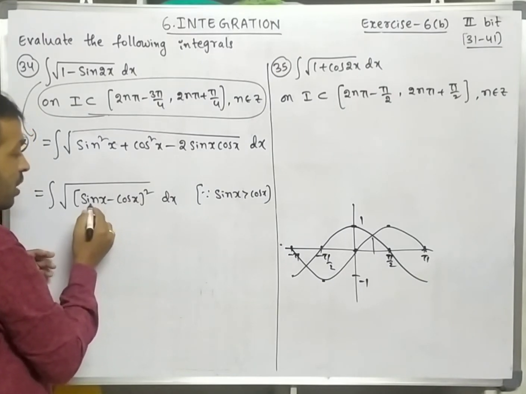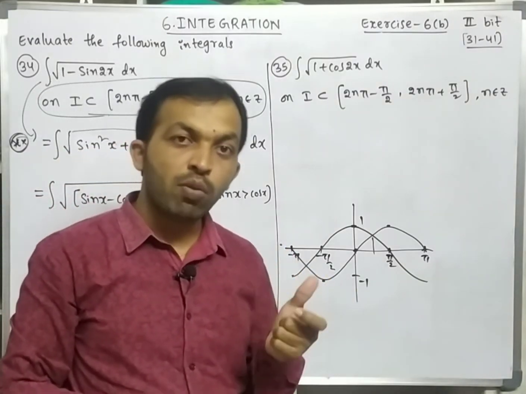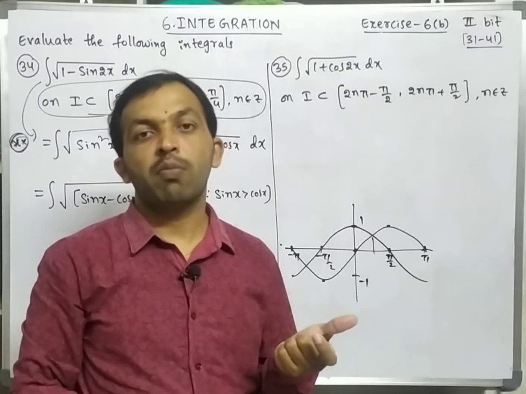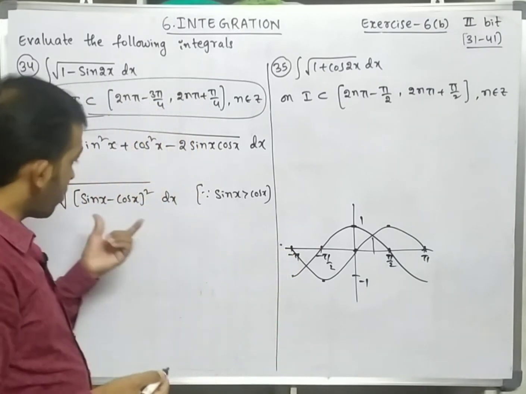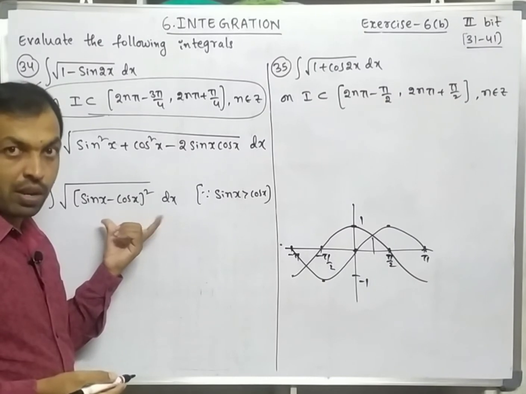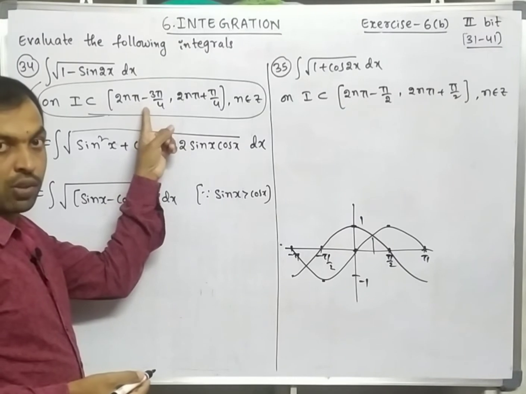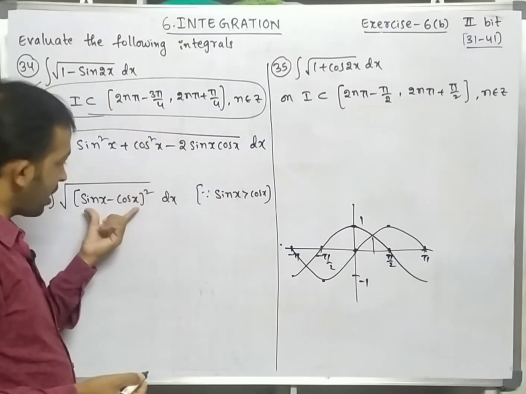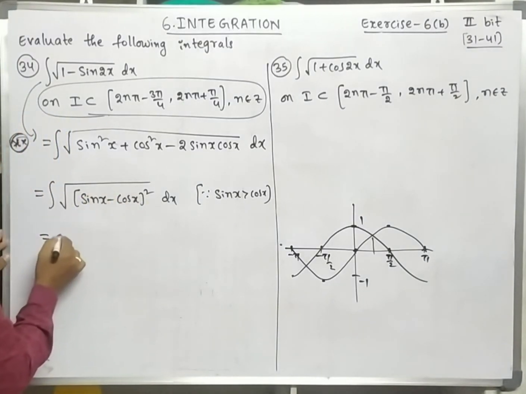If we take the formula a square plus b square minus 2ab, it is (a minus b) whole square, and (b minus a) whole square is also a square plus b square minus 2ab. So here what do we write, sin x minus cos x whole square or cos x minus sin x whole square? That is the big doubt. In that case this condition is involved. In this interval sin x is greater than cos x, so we should take sin x minus cos x whole square. Okay, so the square root cancels, then you will get